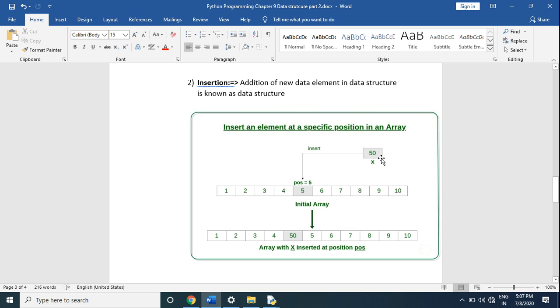Then the list will be 1, 2, 3, 4, the fifth position contains 50, and the rest continues. So we can insert any element at a particular position. This process is known as insertion. We will understand this by an example.